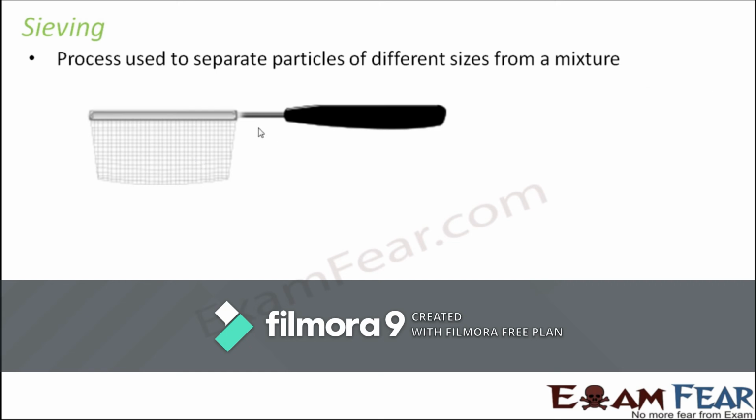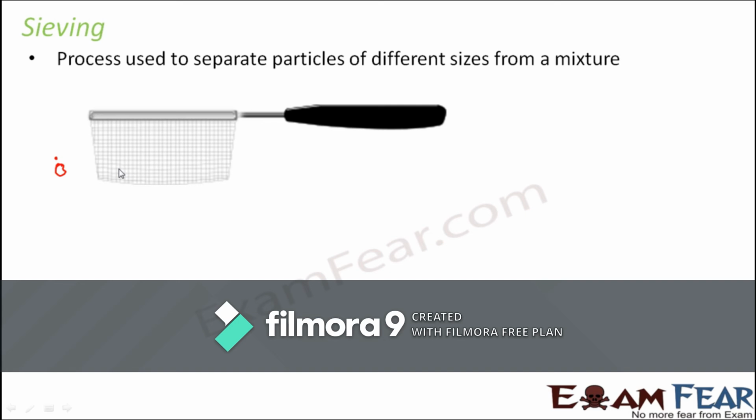For example, let's look at this sieve. Looking at this sieve, you see this is the size of the opening. If you have a particle which is as small as this, do you think that it can pass through these openings? Yes, it can. But if you have a particle which is this big, do you think that such a big particle will be able to pass through these small pores? No, it can't. That is the main concept behind the process of sieving.